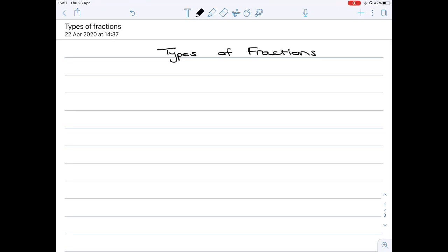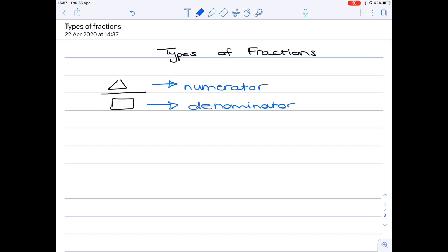So if we first look at our normal fraction, basically a fraction is a number over another number. And if we break that up into terminology, the top number is known as your numerator, and your bottom number is known as your denominator. So it's big English words, but if you think about it this way, if you've woken up after a party and you know there's some pizza slices left, let's say for instance